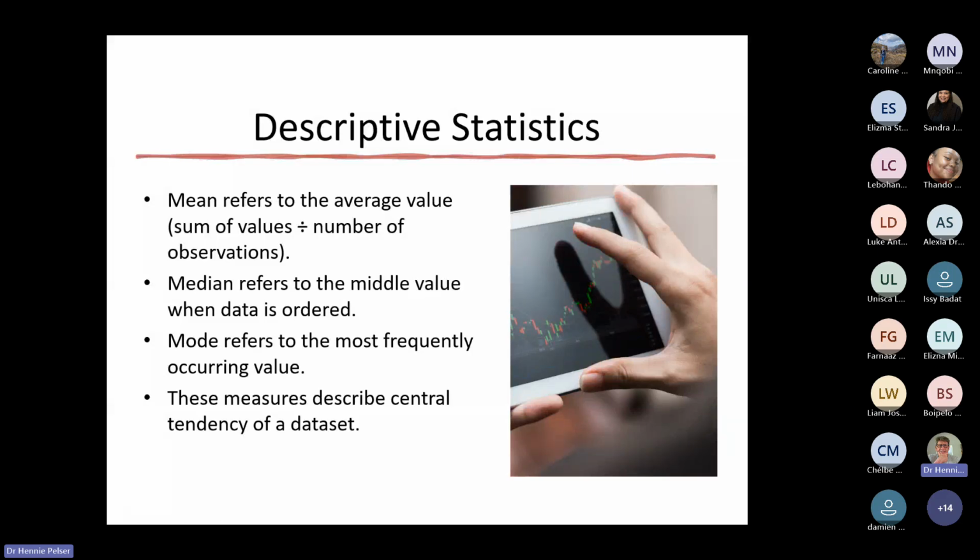So, in terms of the different descriptive stats that we have, the first one is just for you to calculate your mean. I think everyone now by this stage knows what the mean is. It is adding all the numbers together and then dividing it by the number of those numbers, the number of observations. Median, yeah, here we find the middle value of the data once we've organized the data. And then the mode is the one that occurs most frequently. So the reality is ultimately we will get towards our central tendency to give us a sense of where most of our respondents had answered their questions.